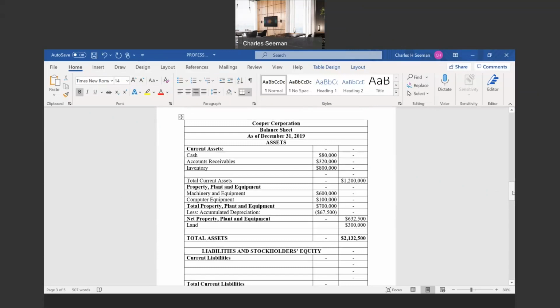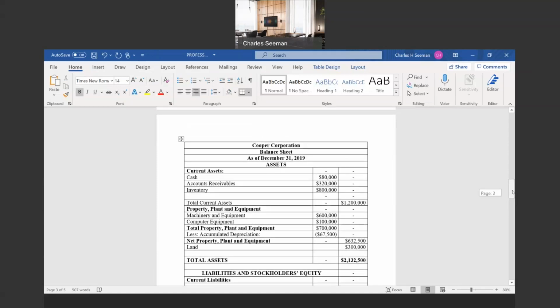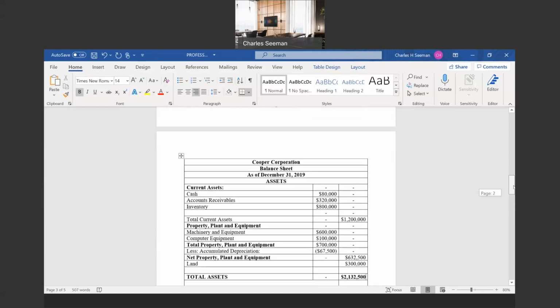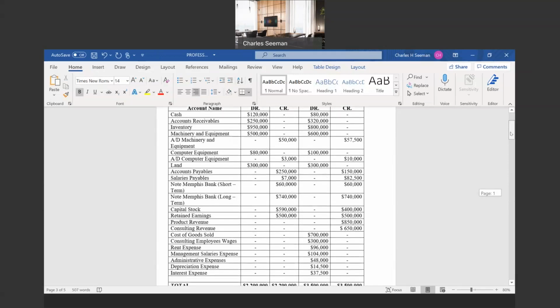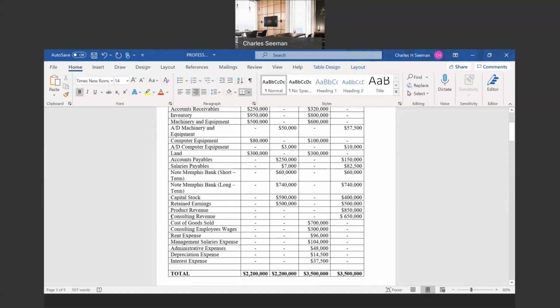So here's what the top section of the asset section of a balance sheet looks like. Now we're going to complete the liabilities and the stockholders' equity section, the right side of the basic accounting equation. We start with current liabilities. Current liabilities are simply the opposite of current assets. Current liabilities are those liabilities that I'm expected to pay within 1